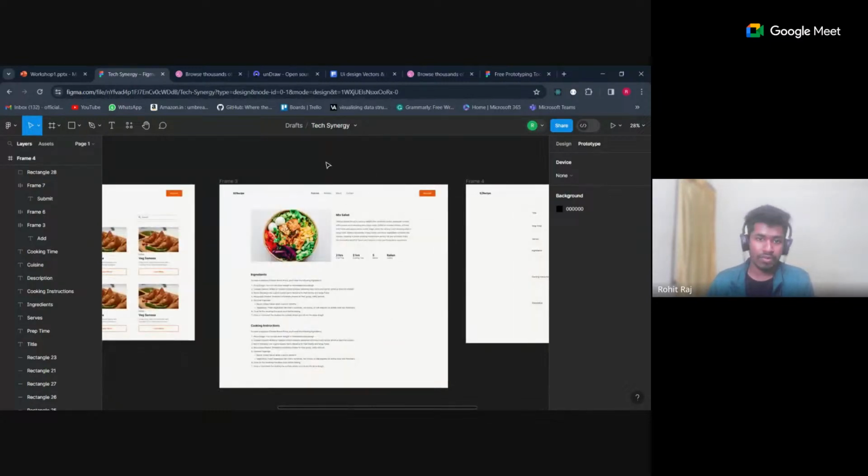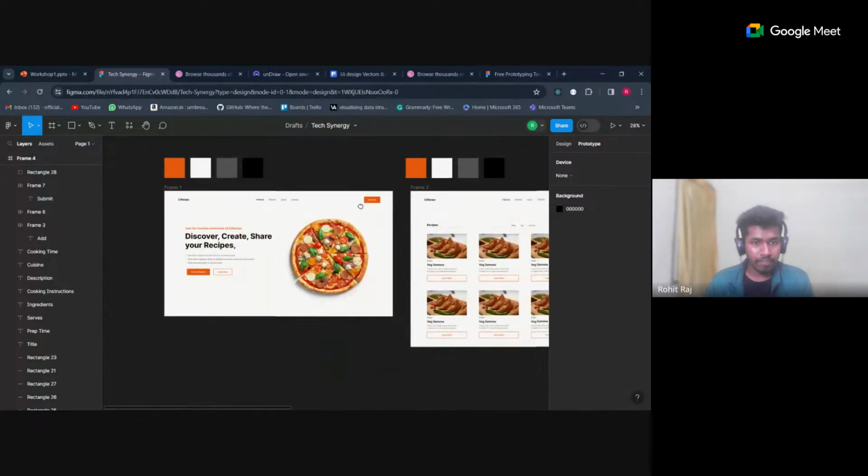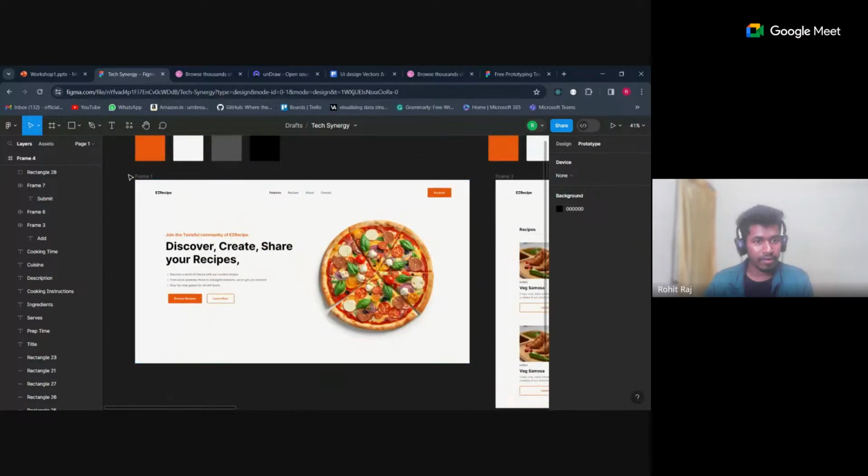Obviously, you can choose any front-end library or framework of your choice. I thought I'd have enough time to demonstrate it in React itself. That's what I actually planned to do. But since I've run out of time,